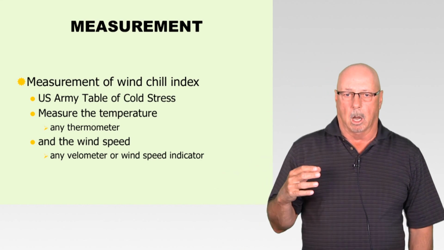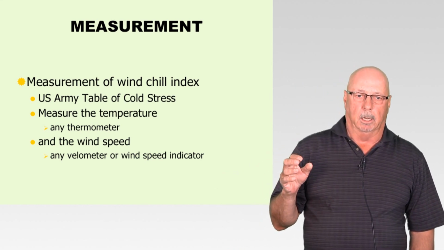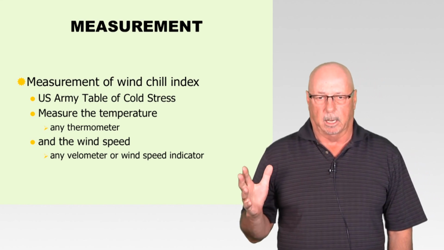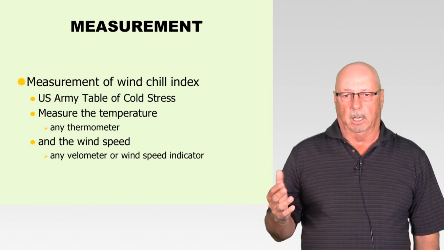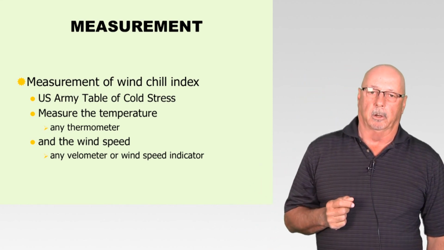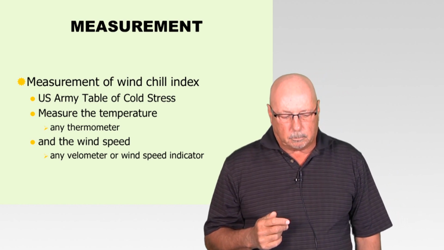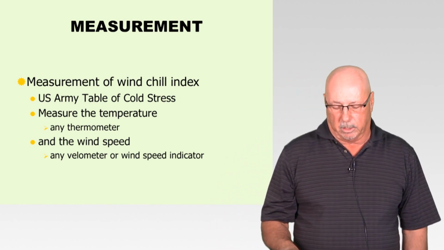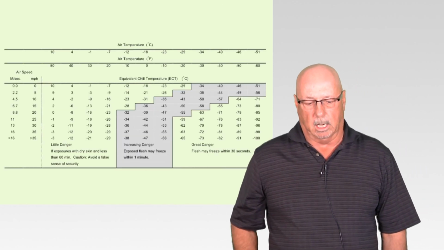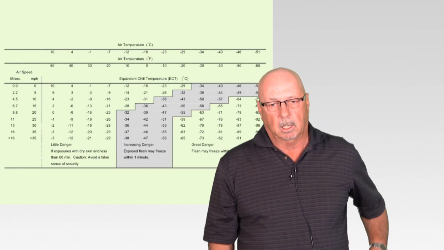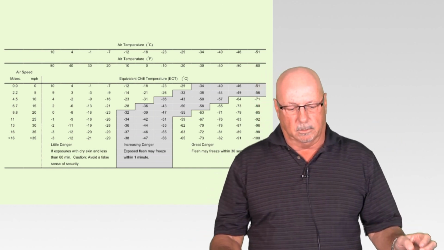What you do is you monitor the ambient temperature with any standard thermometer, and then you monitor the wind speed with any kind of velometer that you have, and you combine those two factors, and you can then have a table that is essentially the effective temperature. And so you look at this